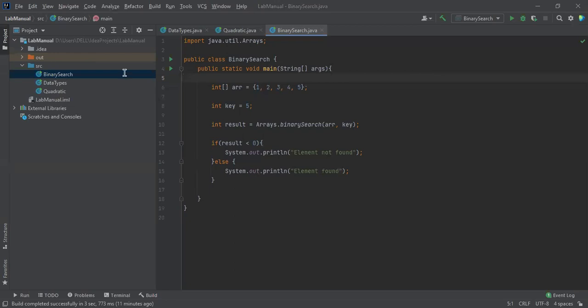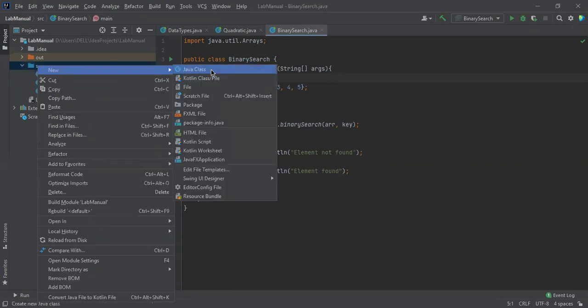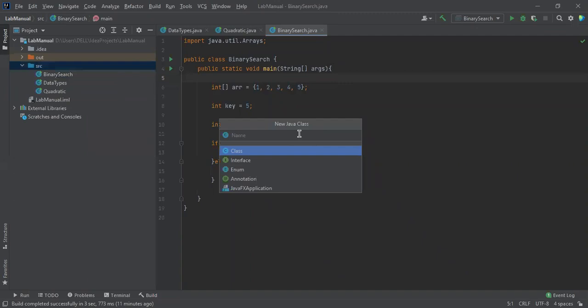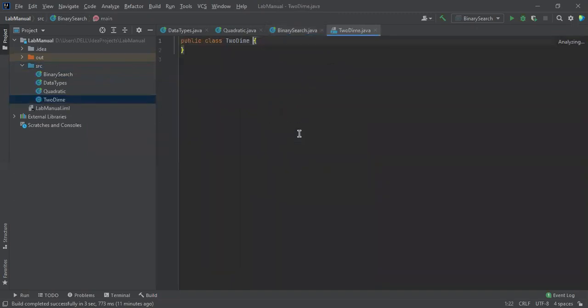Okay, let me create a class, TwoDimensionalArrays. Inside this, public static void main. I am getting more typing public static void, so I need to copy that, I think.